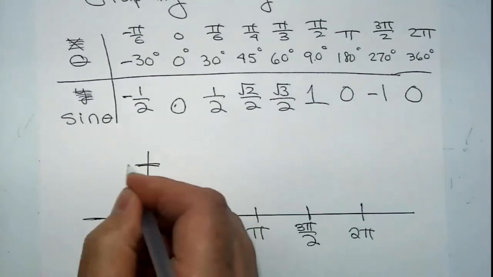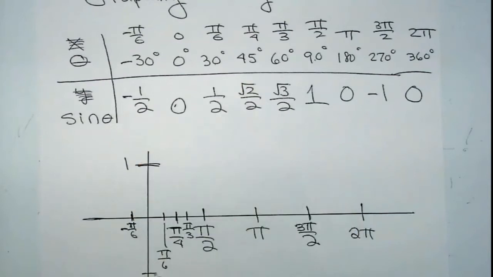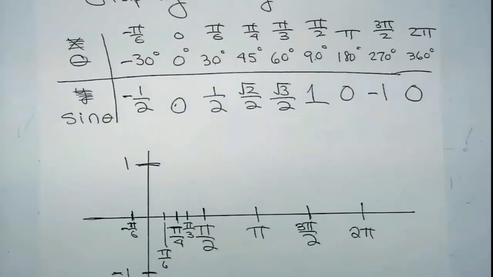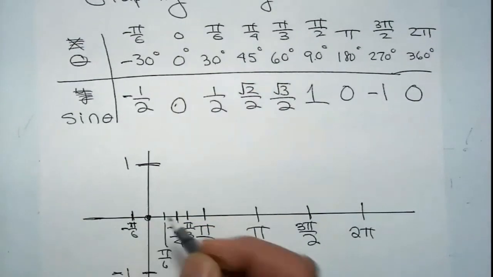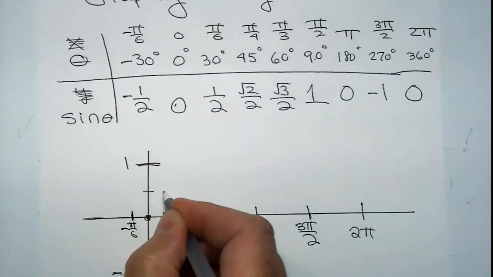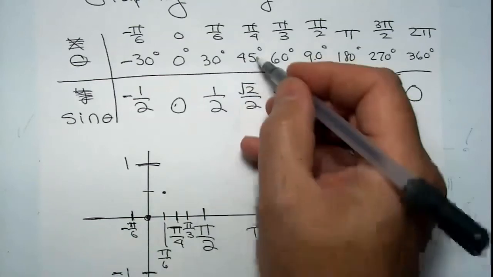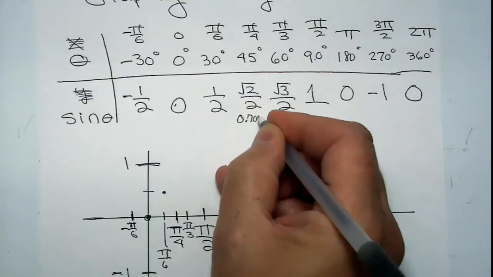Now you notice that the sine peaks at 1, and it goes all the way down to minus 1, which should be down about here. And let's go ahead and label some of these coordinates, and let's see what the curve looks like. At 0 degrees, output 0. At pi over 6 or 30, the output is exactly 1/2. That's right there. At pi over 4, the output is square root of 2 over 2, which is about 0.707,